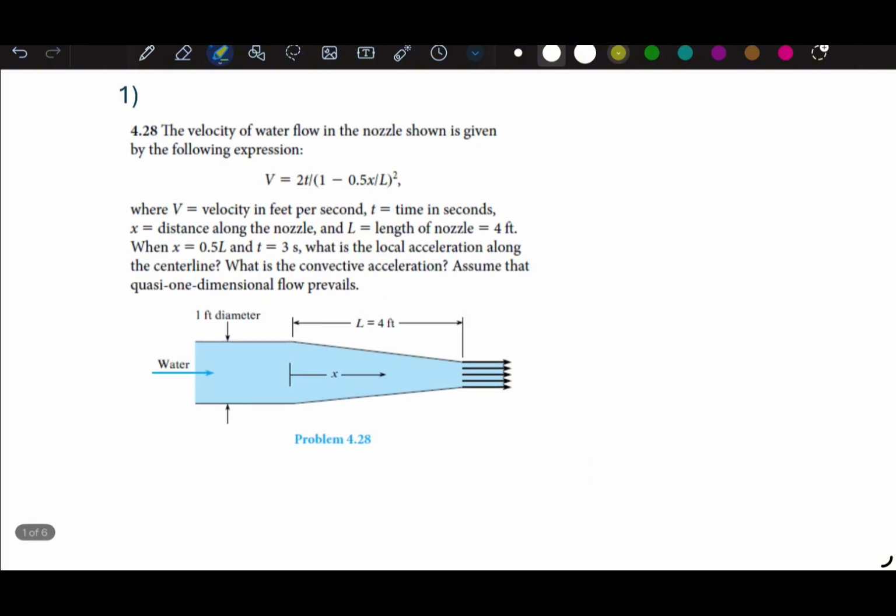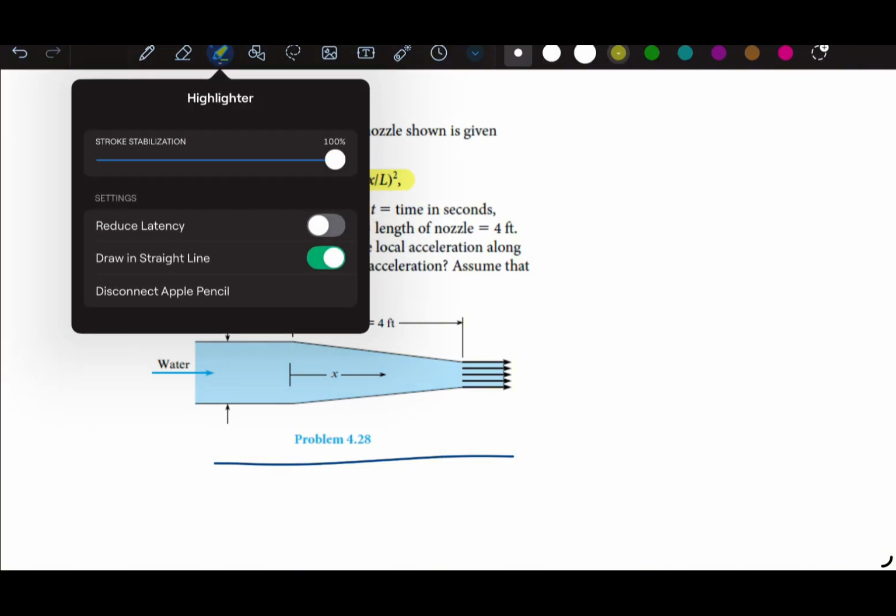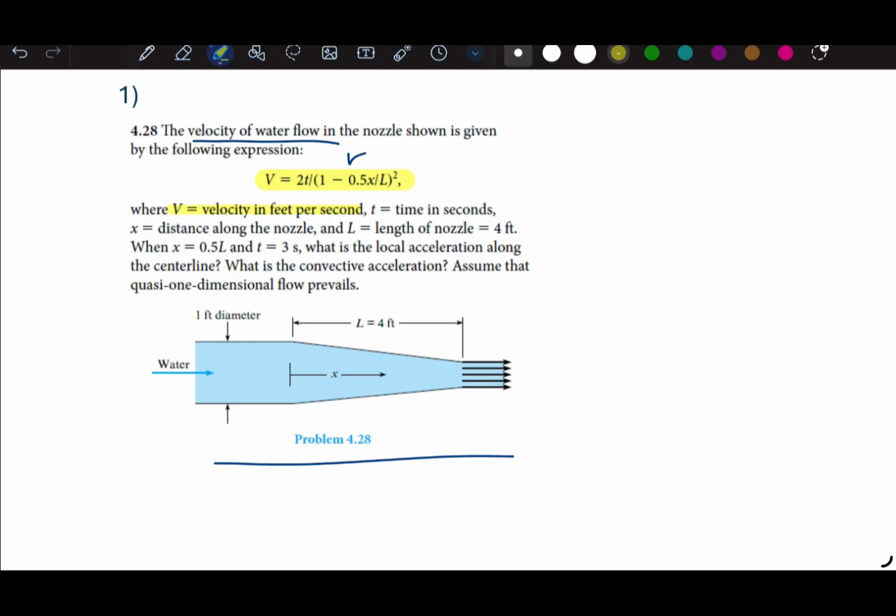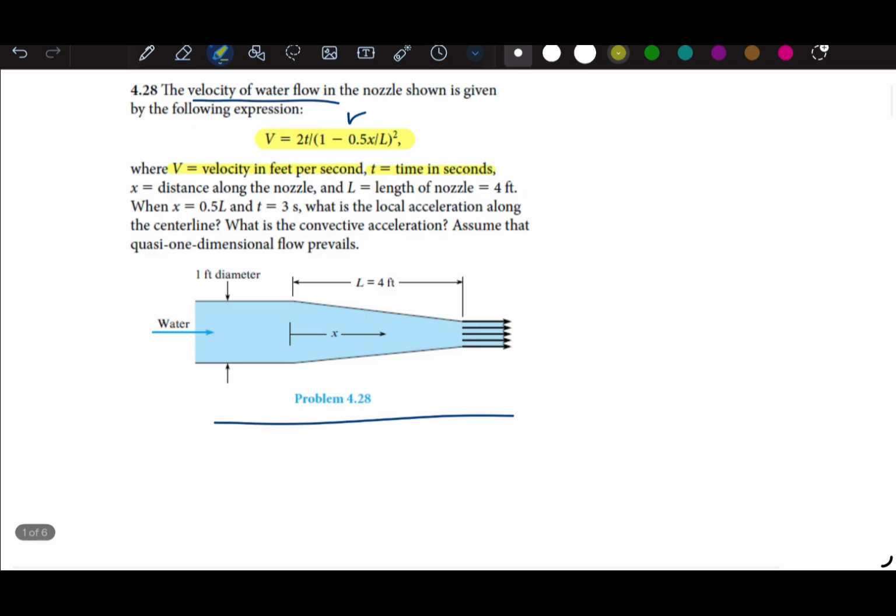Here, the velocity of water flowing through the nozzle shown is given by the following expression. So we have a nozzle here and we have the velocity of this water. And we have this expression that we are going to use for velocity. Here the velocity is in feet per second, t is time in seconds, and here we have x, which is distance along the nozzle. So this is x. We will have L, which is the length of this nozzle,